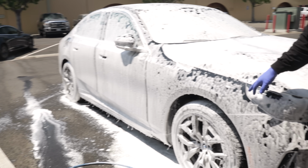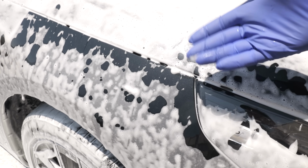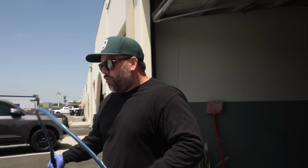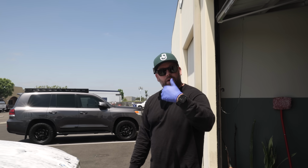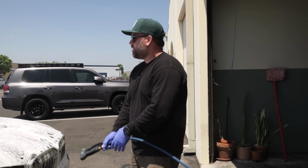And what you will see is you will start to see the soap dry up, and it's taking the dirt with it, okay? Taking the dirt with it. So I'm gonna let this dwell for a few more minutes, and then I'll rinse it off, and then I will do another foam bath, and that should give us pretty much a touch-free